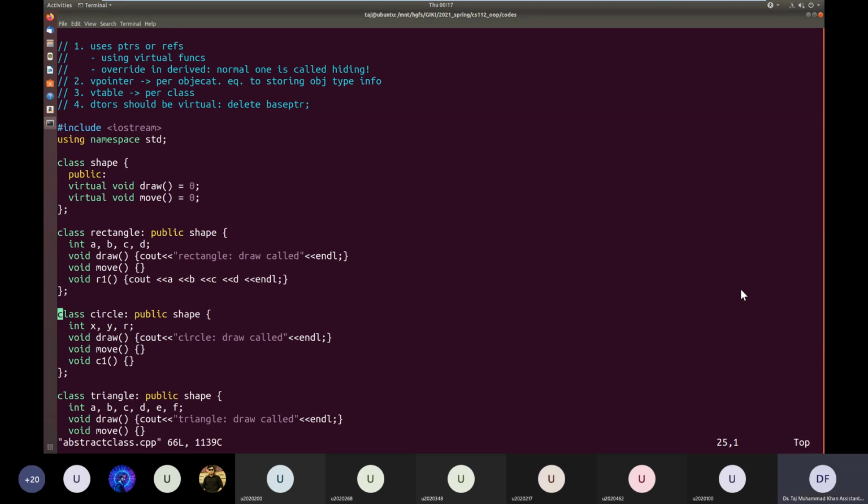It does not make it a pure virtual function. It just means that this function does not exist for this class. To declare a function pure virtual, it should always be declared equal to 0, and there will be no implementation.